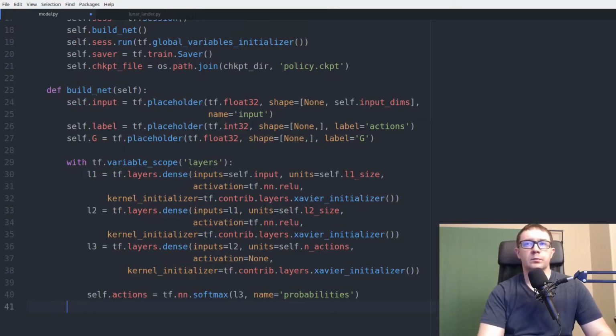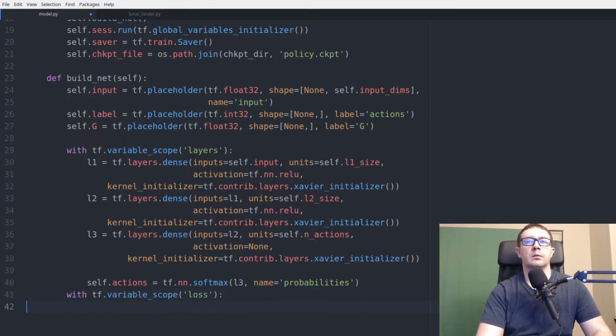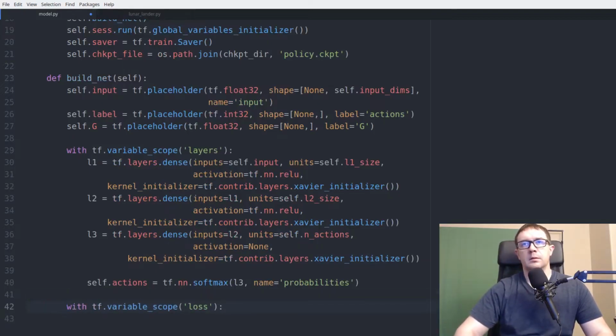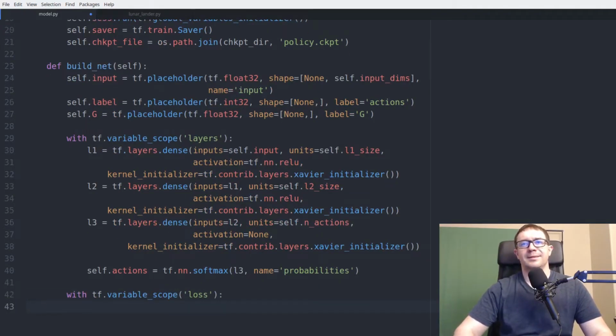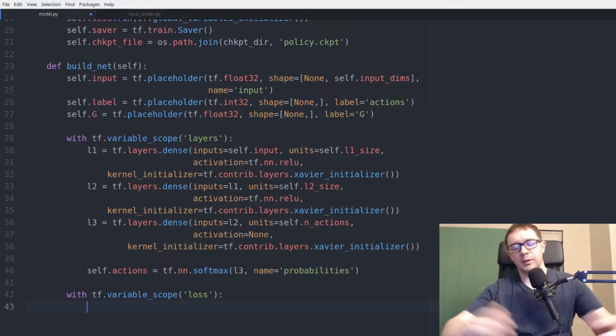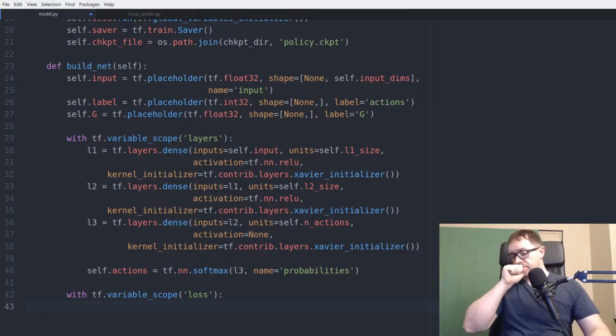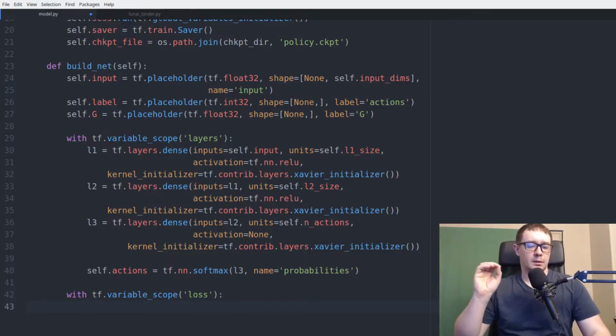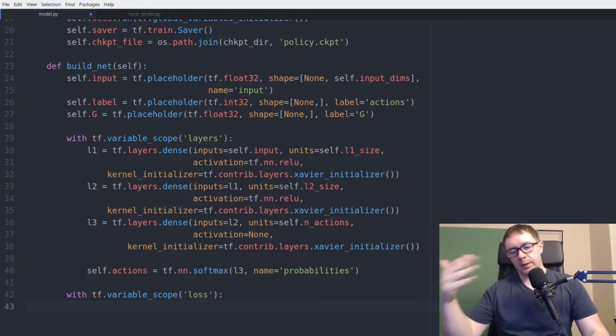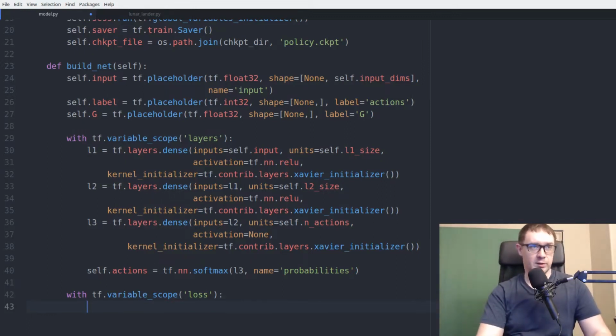Next we need to calculate the loss function. So you'll stick that in a separate scope. And what we need is the negative log probability. So the calculation involves the natural log of the policy, and you want to take the gradient of the natural log of something. So we need a function that matches that property. So we'll call it neg log